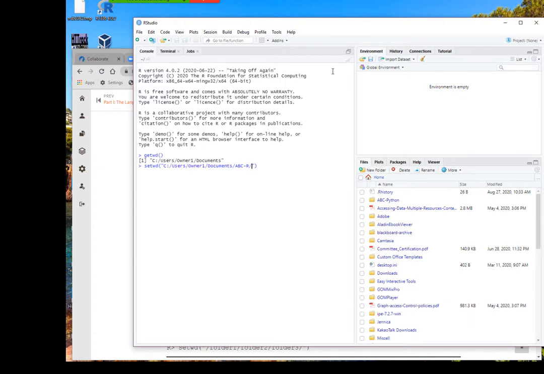So now this is going to be my working directory from now on, and I press enter. Now to check my working directory, I type getwd.